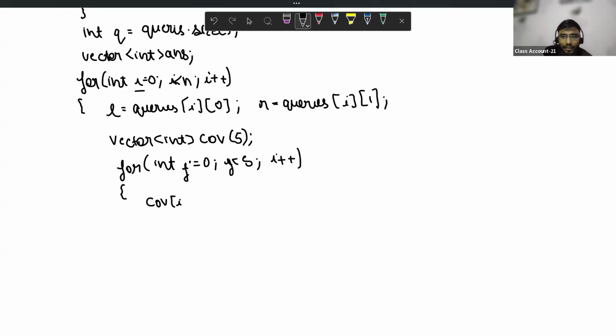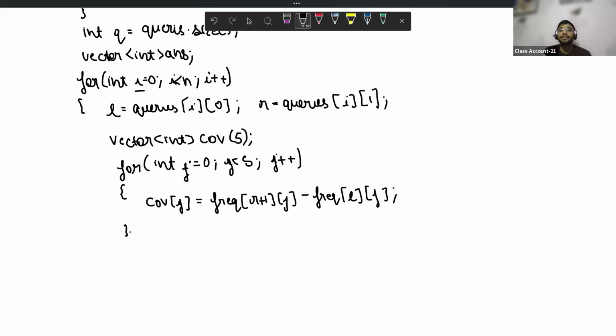So my COV, count of vowel of j, will be equal to the frequency of r plus 1 at jth, because the indices are 0 to 4 only, decreased by the frequency of l at j. This is how the count of every vowel is calculated in my count of vowel array.